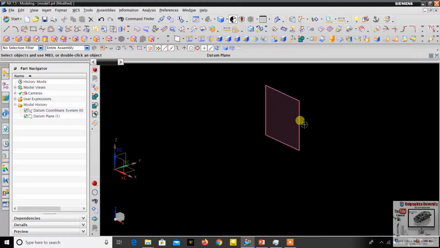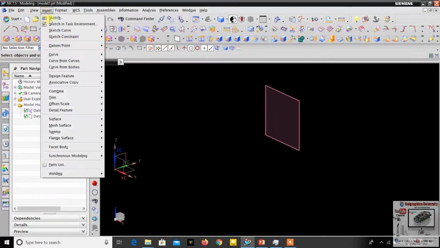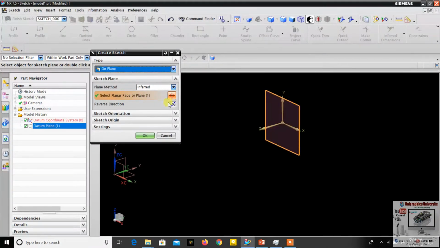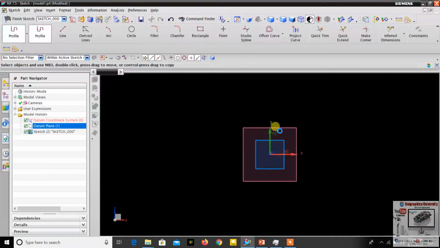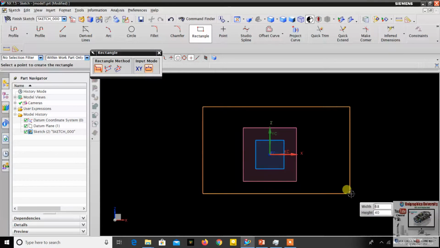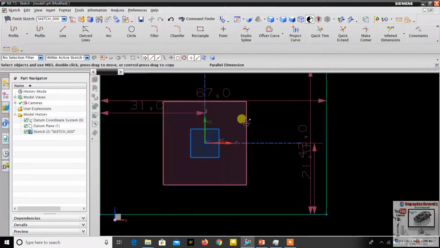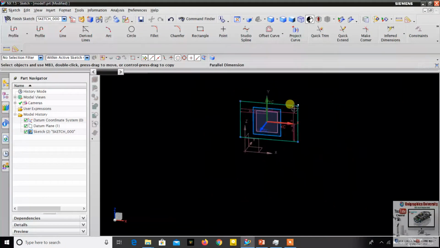So I'm going to sketch in this plane. Insert sketch in task environment. Just select this plane. OK. Simply make one rectangle. Now the auto dimension will come, right? If you don't want it, you can delete these auto dimensions.